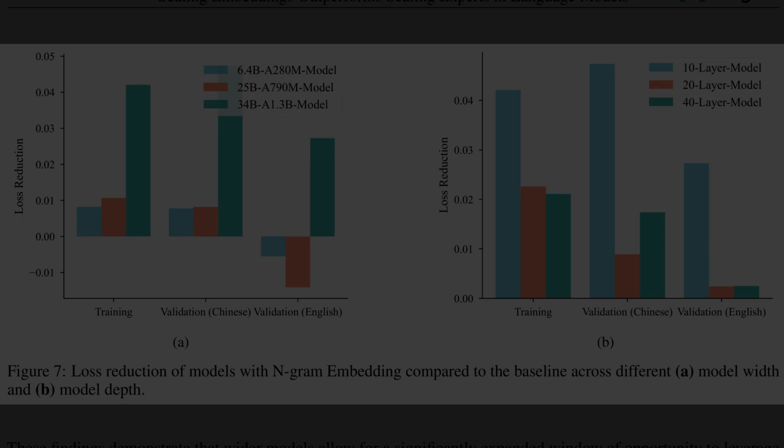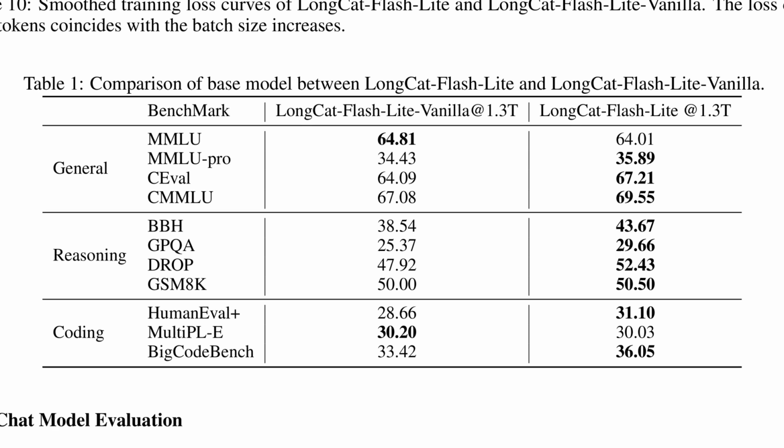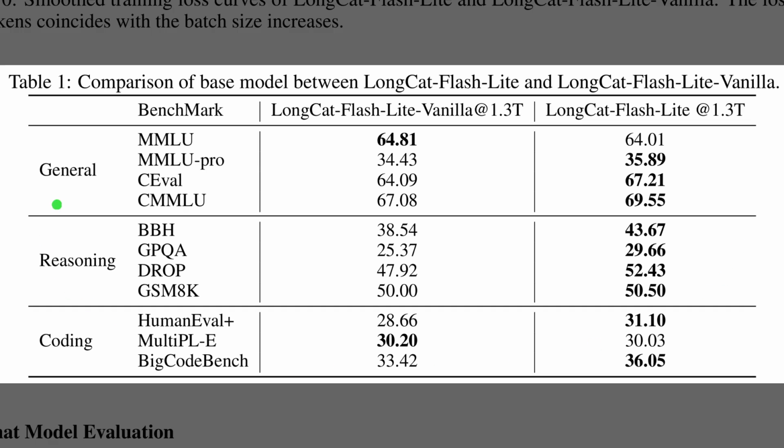advantage shrinks. Alright, while Figure 7 analyzed the geometry, Table 1 here presents the concrete results for the final base model. It compares the proposed LongCat Flashlight on the right against a vanilla baseline on the left, with both trained on 1.3 trillion tokens. Looking at the reasoning section in the middle, we see significant jumps, like the score on BBH rising from about 38.5 to nearly 44. Similarly, down in the coding section, benchmarks like BigCode Bench improve noticeably, validating that allocating parameters to embeddings effectively boosts